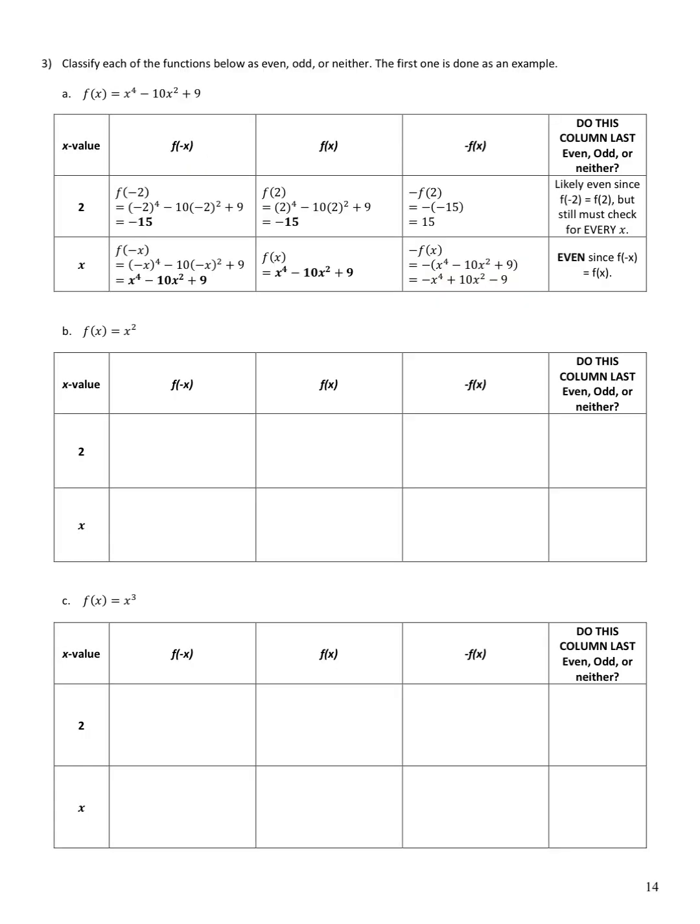Number 3, we're going to classify each of the functions as even, odd, or neither. The first one is done as an example for you to study. So let's jump to part B. f of x equals x squared. I'm going to plug in a 2 and a -2, right? So it says plug in f of -x, then do f of x, and then take the opposite of f of x, and we're going to see which of these things are equal, and that will tell us if it's even, odd, or neither. So f of -2,